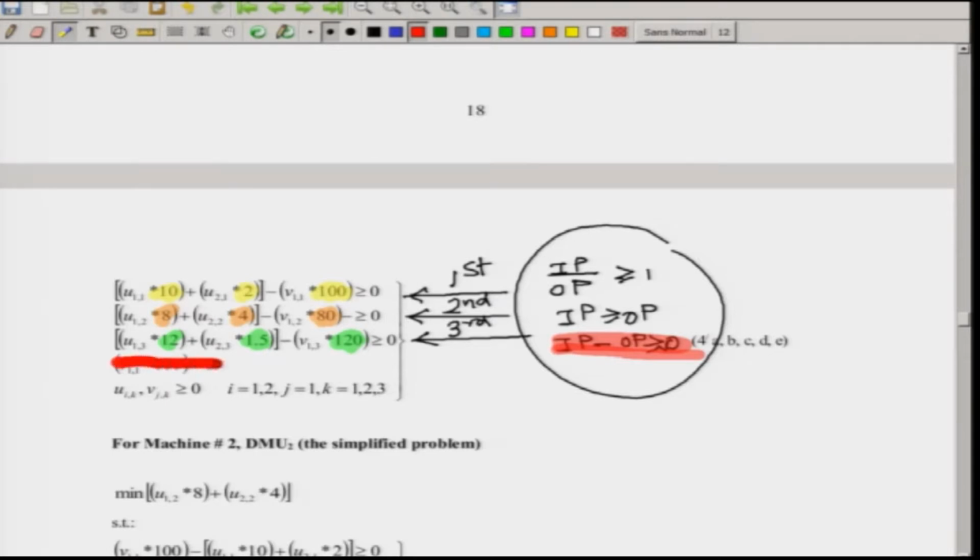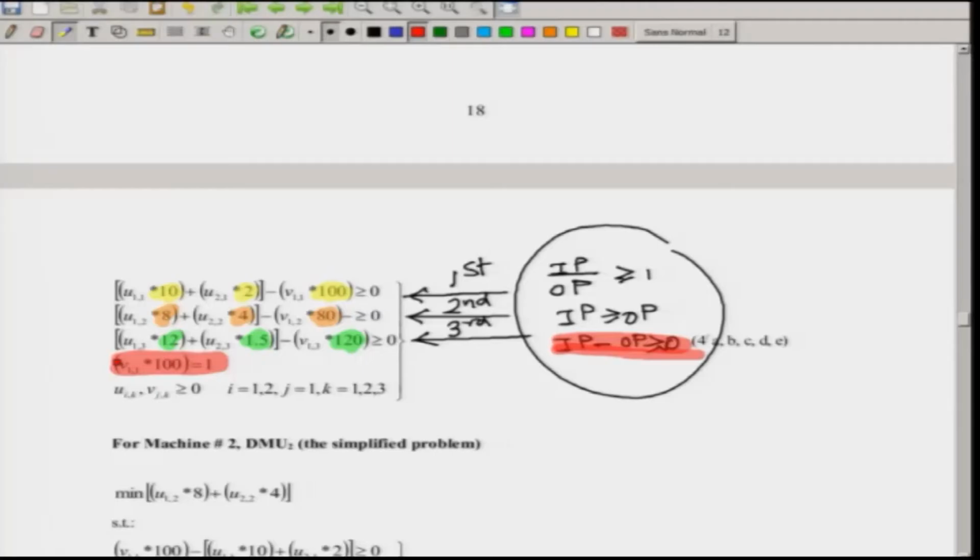So, obviously, this will come here. This part is the extra one which I am getting corresponding to DMU 1, and obviously, when you formulate it for DMU 2 and DMU 3, there would be such problem formulations coming out in the constraints. I will highlight it with the same red color, and as usual i is equal to 1 and 2, so there are 2, j is equal to 1, k is equal to 1, 2, 3, and the weights are u and v. Now, let us come to the second DMU.